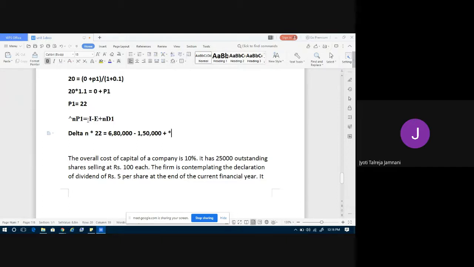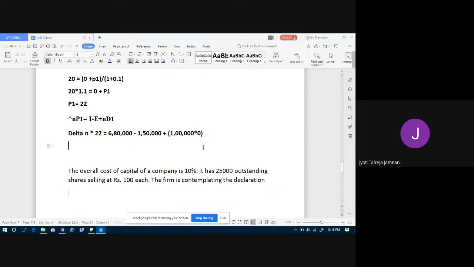Now we are going to give 0 dividend. So 1 lakh shares into 0 dividend. 1 lakh into 0 is 0. 6 lakh 80 minus 1 lakh 50 is what we have to do, which comes to 5 lakh 30. So delta N is equal to 5 lakh 30,000